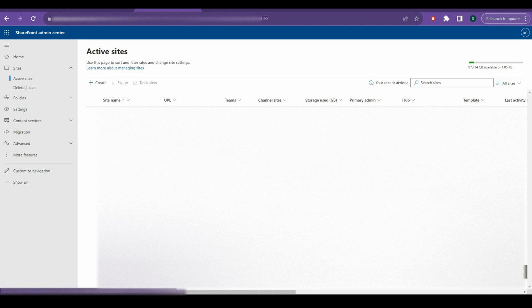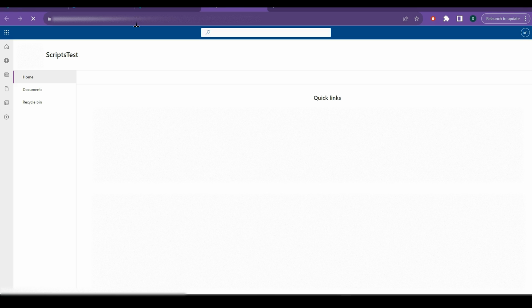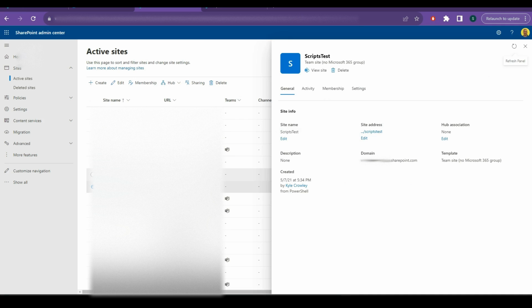the URL for. So say for example if I just find a test site here, so I've got a scripts test site here, so I'll just open that up. There we can see the site's called scripts test. So basically what you want to do is select onto that site, so it opens up this new window here, and then as you can see here is the site address, and all you need to do